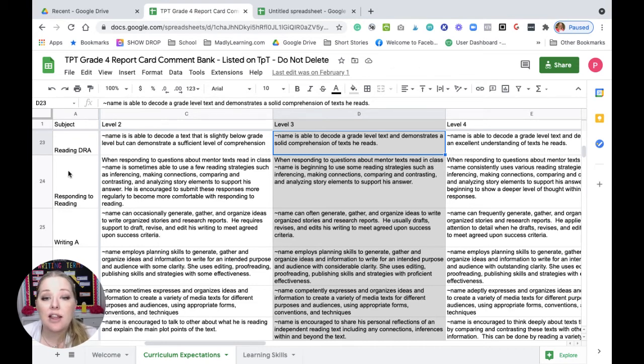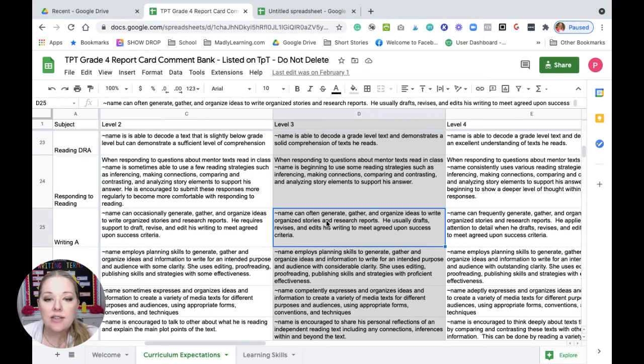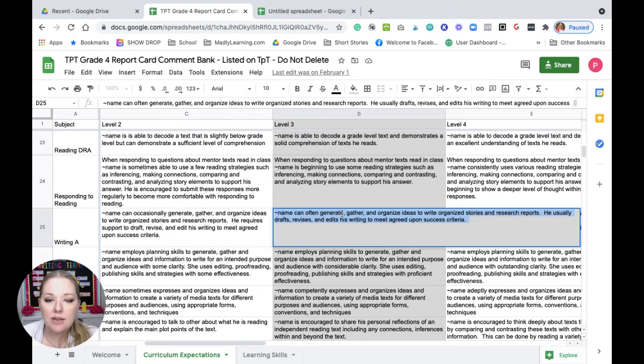Now, one of the things I like to do to indicate in my reports that I'm going to use a specific example for students is, inside the comment, and it pops open here, I would use this star indicator. So I like to use 4 stars. Now, when I see the 4 stars, that allows me to know that I'm going to add a specific example for that student. If they haven't written research reports, I'm going to delete that and not use the example, but I'm going to put the story.